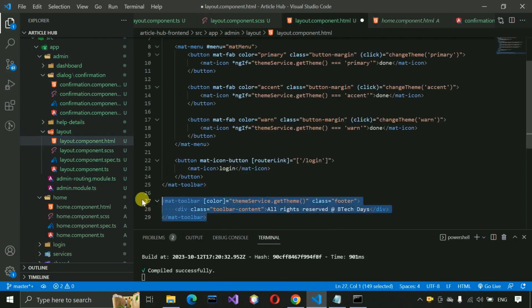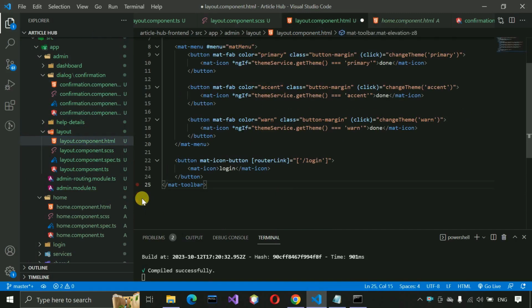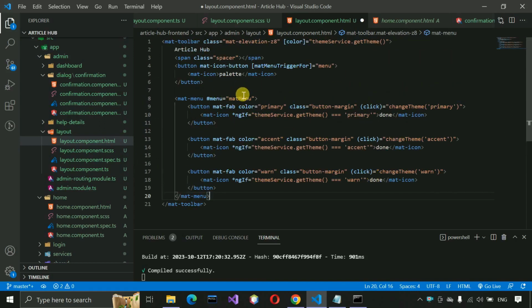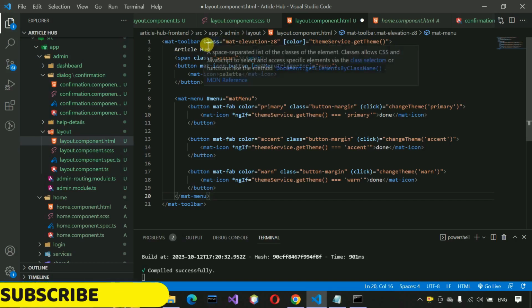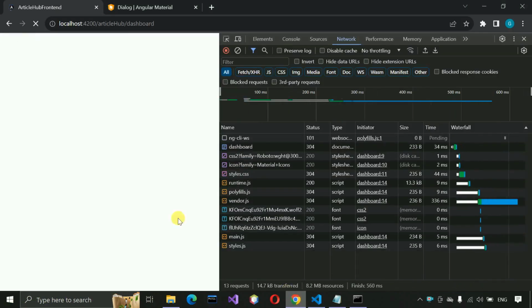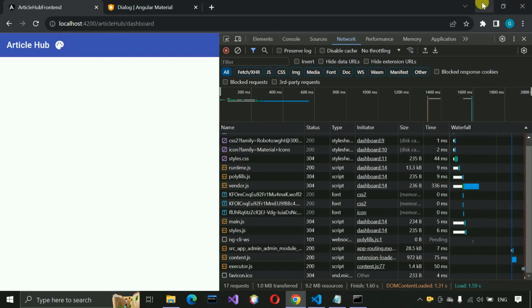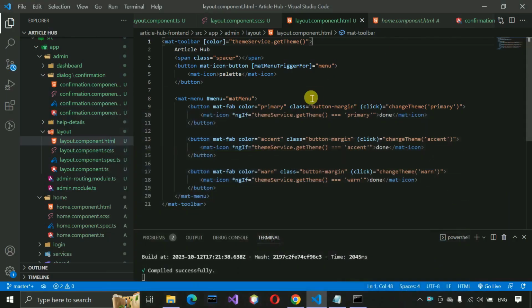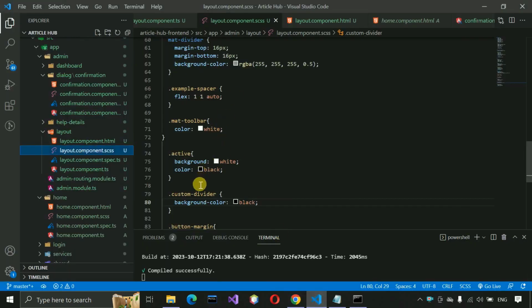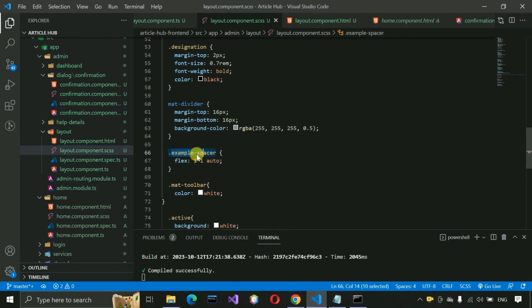First thing is, we do not need this one, so just remove this part. And login, we do not need it, so just remove this one also. And here we need palette, and here we do not need this, so you can also delete this one. Inside this one, if I go to this page, you can see it looks like this. So this one is here because I think example space is there. Okay, so just remove this one,